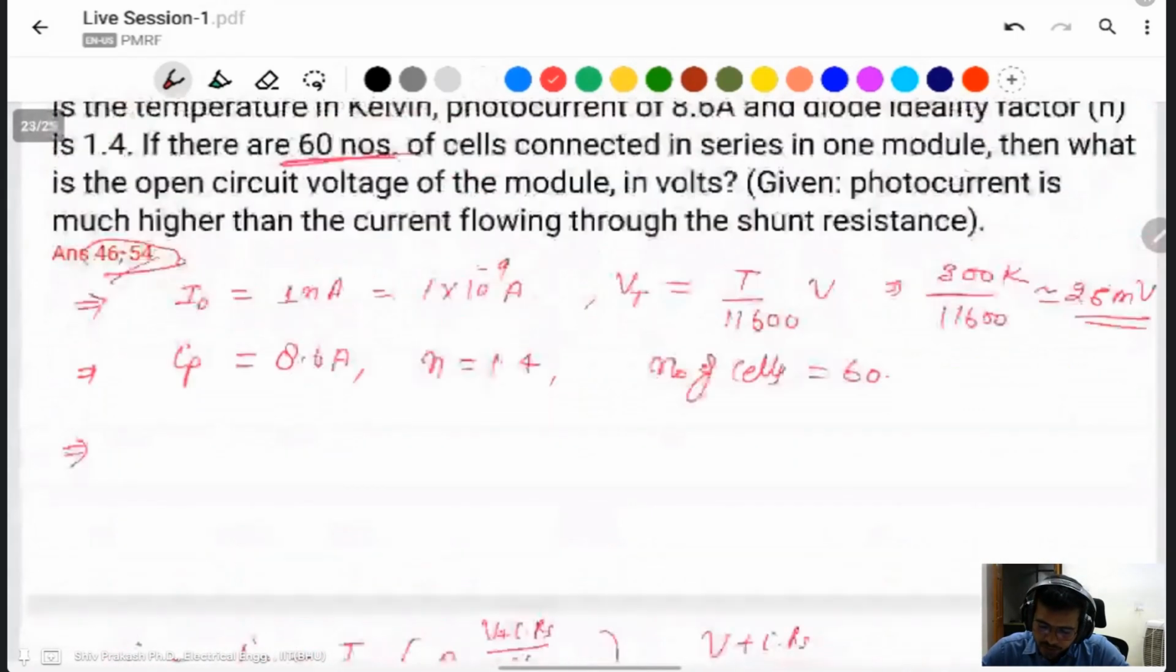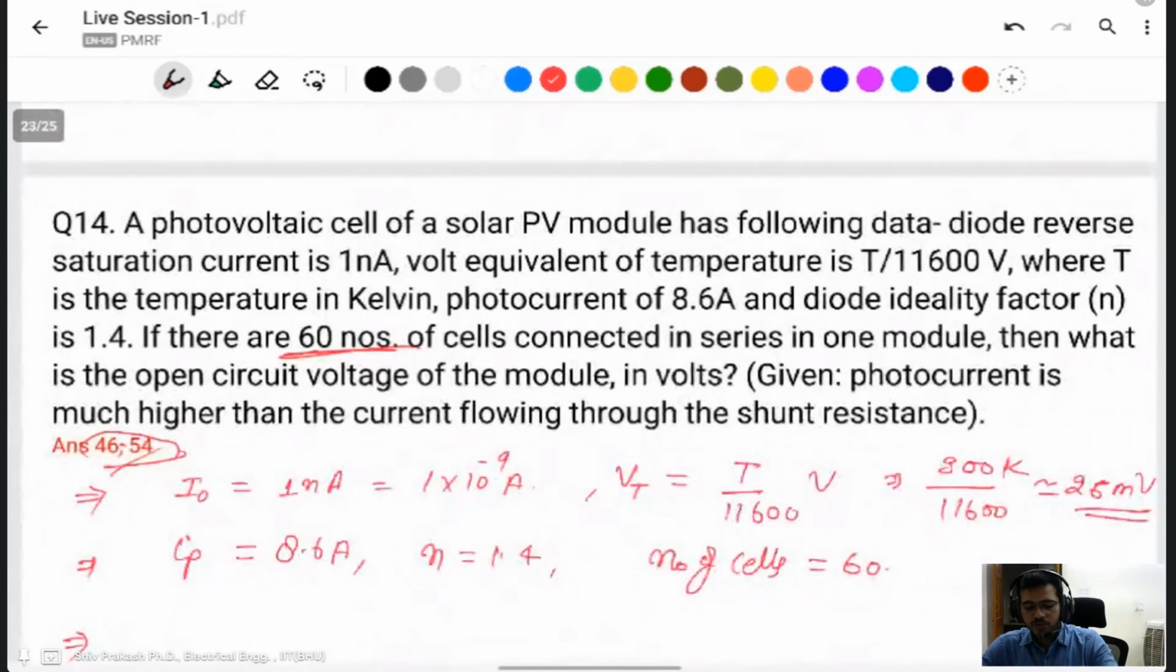The next question, the last question, question 14. At a standard temperature like 25 degrees centigrade,